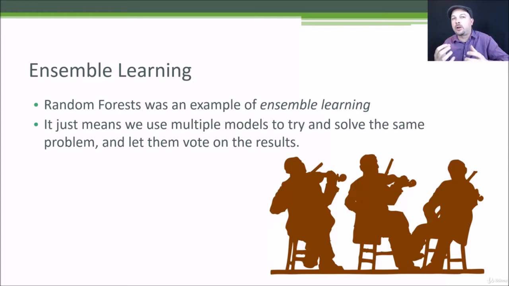Basically, the idea is that you have more than one model, and it might be the same kind of model, it might be different kinds of models, but you run them all on your set of training data, and they all vote on the final result for whatever it is you're trying to predict. And oftentimes, you'll find that this ensemble of different models produces better results than any single model could on its own. A good example from a few years ago was the Netflix prize. So Netflix ran a contest where they offered, I think it was $1 million, to any researcher who could outperform their existing movie recommendation algorithm. And the ones that won were ensemble approaches, where they actually ran multiple recommender algorithms at once and let them all vote on the final result.